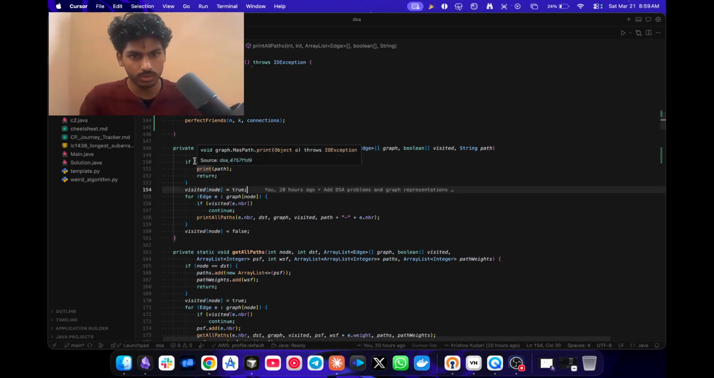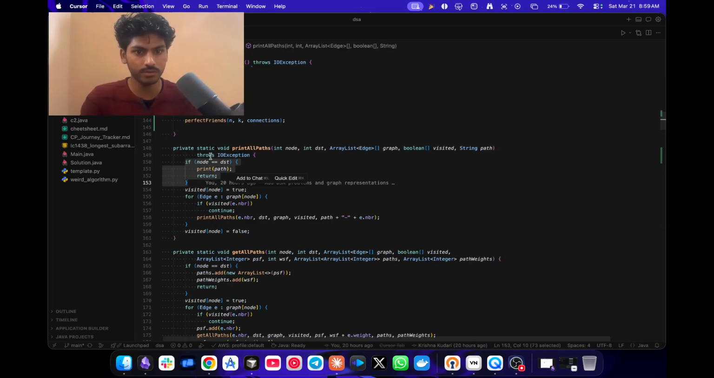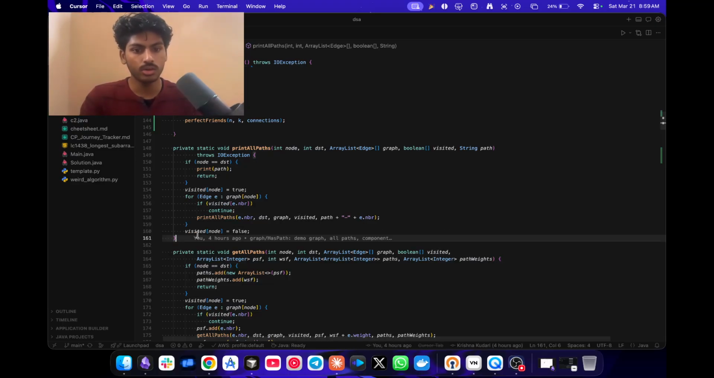And what we'll do, as usual, this is the base case. When we reach the destination, we just print the path and we return. And first we mark the node as true, as visited. Then in the graph, if visited is not true, we call the same function, which eventually leads to the destination and prints the path. And what we do after doing this, we just mark this node as not visited, because once we